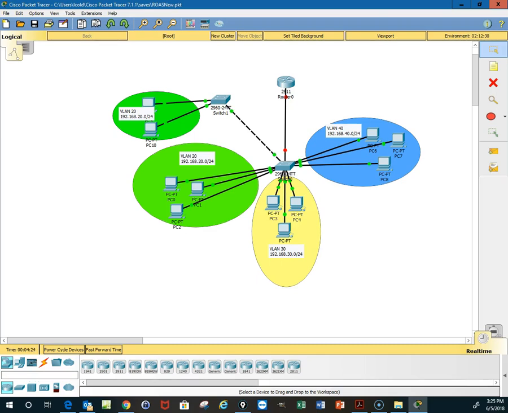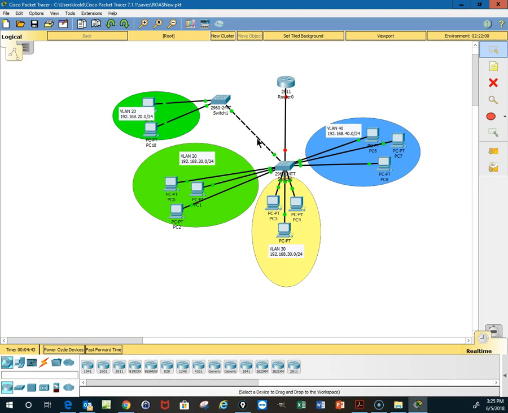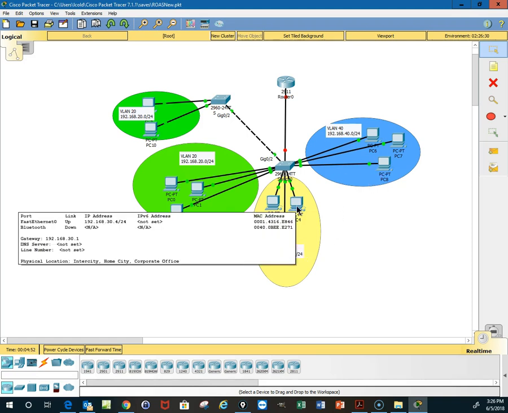What we want to do here is to configure and verify inter-VLAN routing using a router on a stick, and this is Objective 3.4. As you can see here, I've got 3 VLANs, actually VLAN 20, and these are on separate switches, but we should have a trunk port running between them, and I've got VLAN 30 and VLAN 40. We can look at this one,